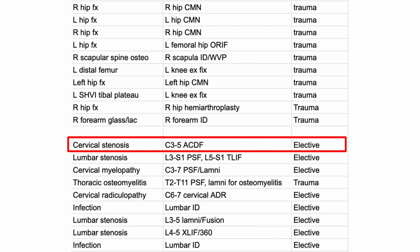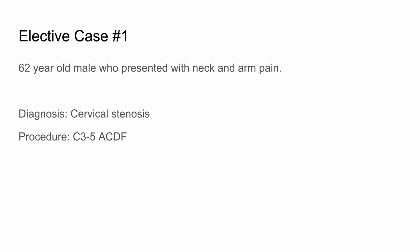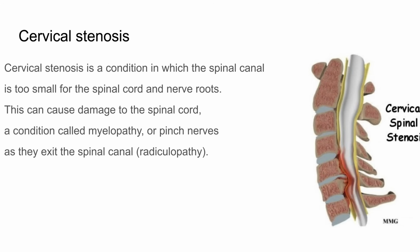The next patient was my elective surgery. This is a 62-year-old male who presented with neck and arm pain. The diagnosis is cervical stenosis, which is essentially a narrowing, or there's less space for the spinal canal in the neck and the nerves, and patients can present with neck pain, arm pain, problems with their balance, their gait. I'll show you guys another case about a patient who presented with what's called cervical myelopathy, which is a dysfunction